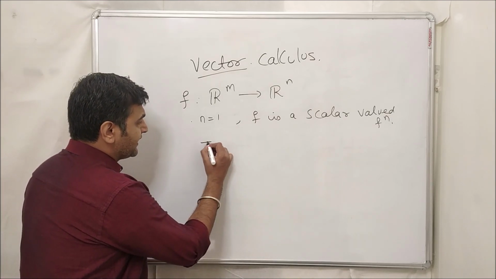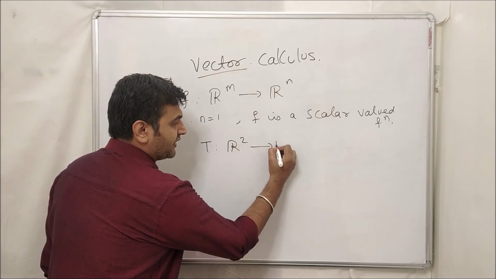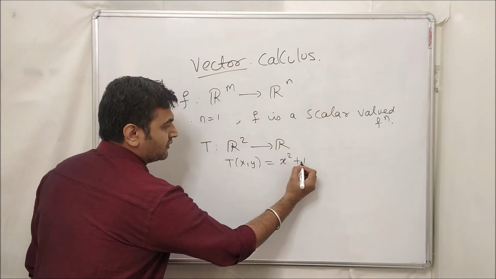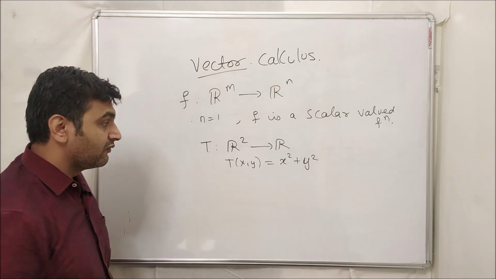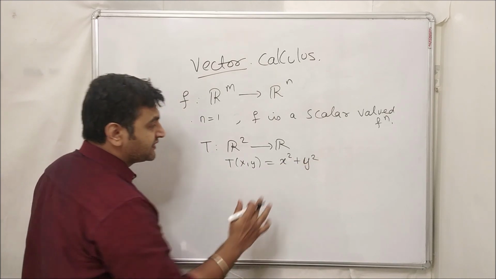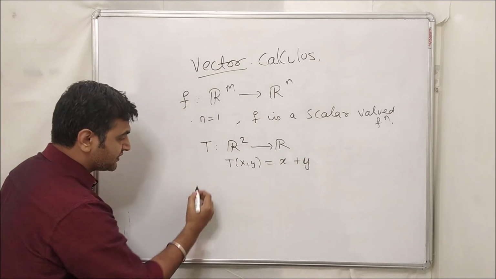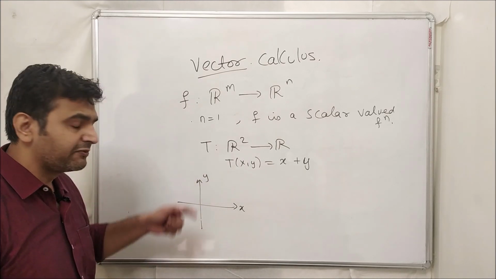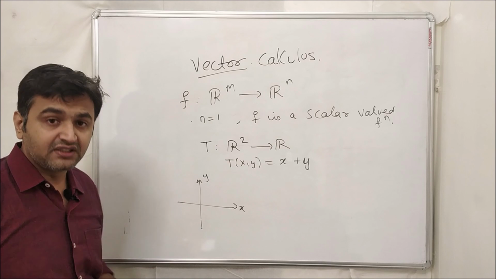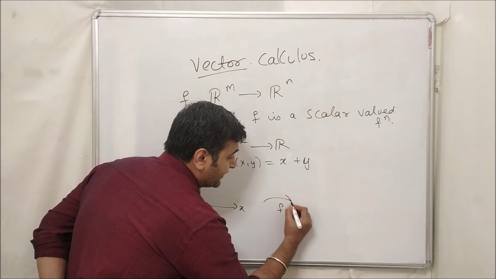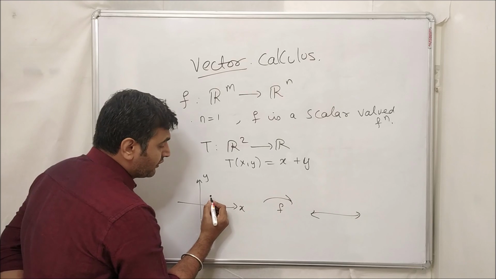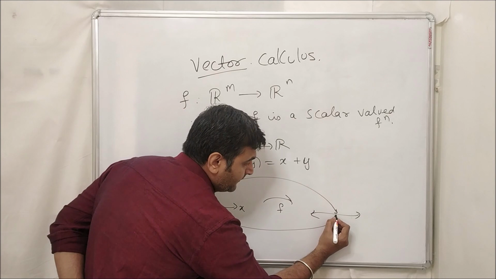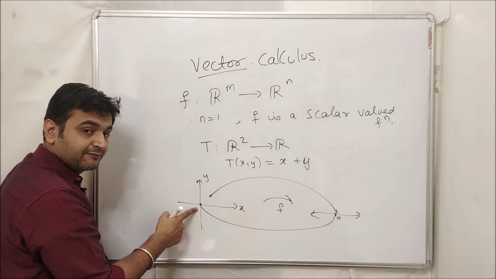Like if I take some examples, say T from R2 to R. Okay, so T at any x comma y is, suppose, x plus y. So what is T giving? T is giving me the temperature. So this T is sometimes called a temperature function. Whenever people write T, they want to insist that this is a temperature function. That means you take any point over here, the output is nothing but the temperature. For example, at 0 comma 0, what is the output? It is 0. So the temperature at this point is 0 degrees.